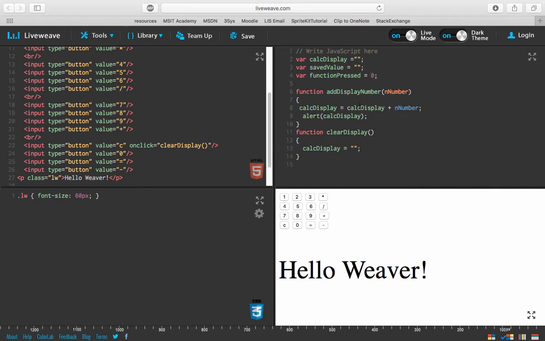So 0 means no function is pressed, 1 will be plus, 2 will be minus, and so forth. Because you could do this with the multiply, the divide, the plus, and the minus, where you type a number in, hit that button, it saves the value, and then when you hit equals, it does the calculation. So we need to do function, let's do math function,